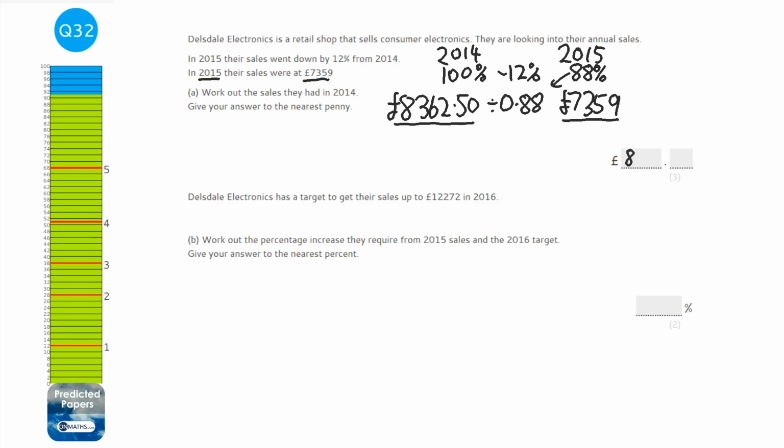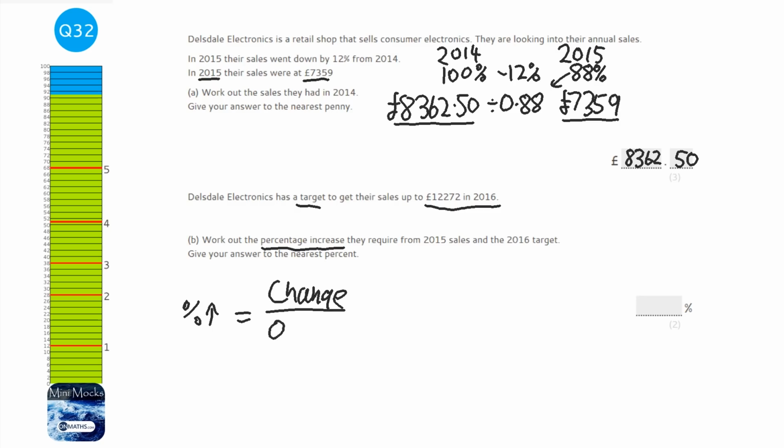So I'm going to write the answer, £8,362.50. Okay, and the next question says that the sales went up in 2016, or they have a target to get their sales up in 2016. What's the percentage increase? Now, percentage increase or percentage decrease, it's the same formula, is change over original